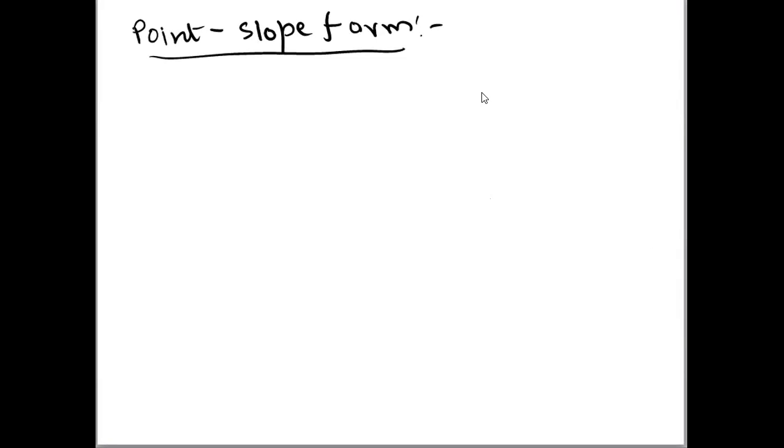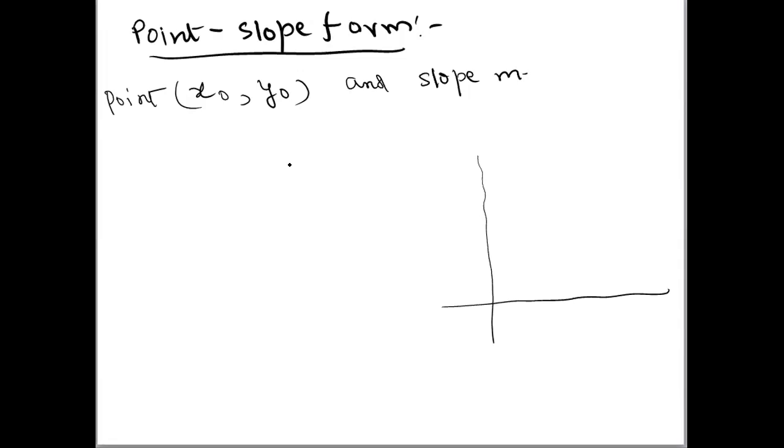Okay. Point slope form, right, in which you will be given a point and a slope. Simple thing, a point will be given, a slope will be given. That is point slope form. Let a point x naught comma y naught be given, and slope is m. So we have to make the equation for point slope form so that it will be a shortcut when questions are given related to point and slope, and we have to find the equation of line.